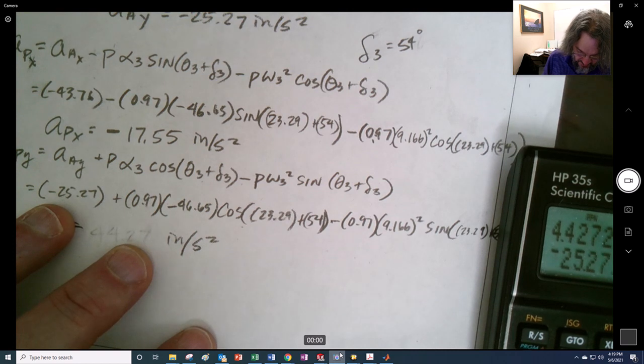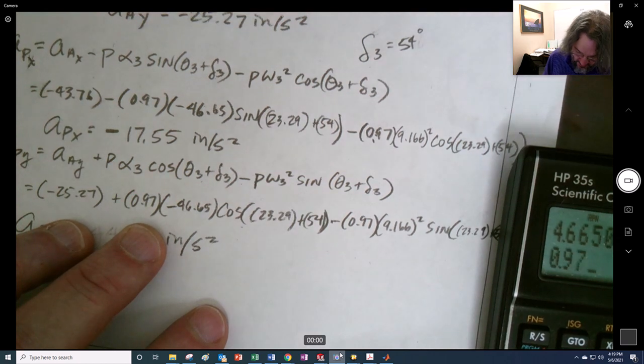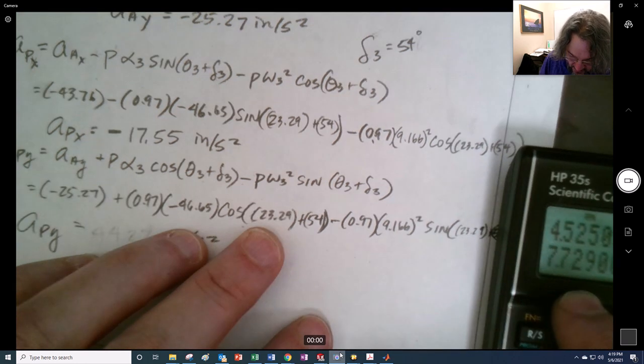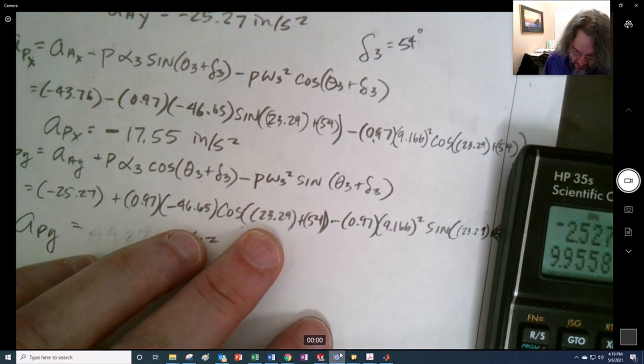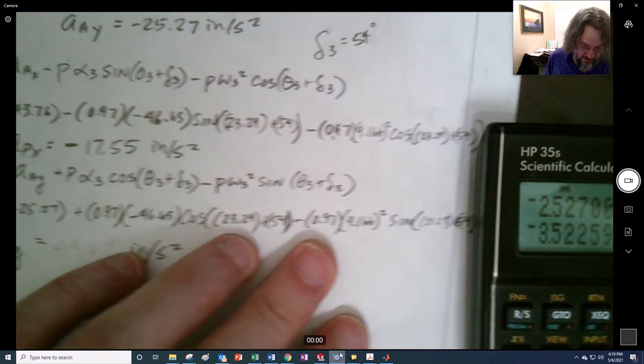25.27, 46.65 times 0.97, boom. 23.29 plus 54, I should do that in my head. That's 77.29, should have done it. Then there, okay, so I'm going to subtract that out, so that's negative 35. And now this one,